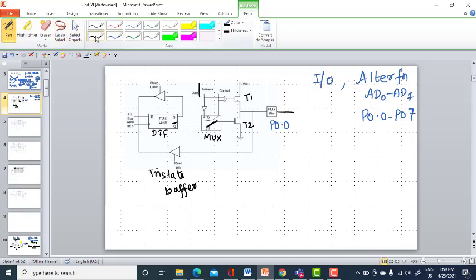So, now we know already what that is. If you want to configure any port pin as an input port pin, first you need to give 1 at the input, or you need to place 1 at the internal bus. So, this is the clock signal. So, when the clock signal is high, along with this internal bus data, that is 1, you will be having 1. You know what the operation of the D flip flop is. Whatever data is placed at the input will appear at the output with a delay.